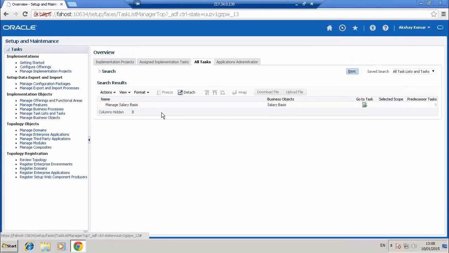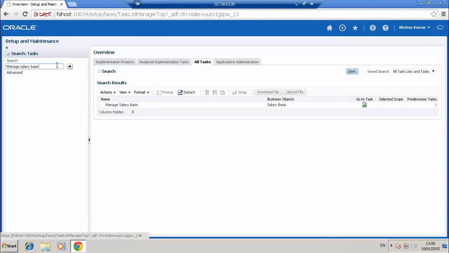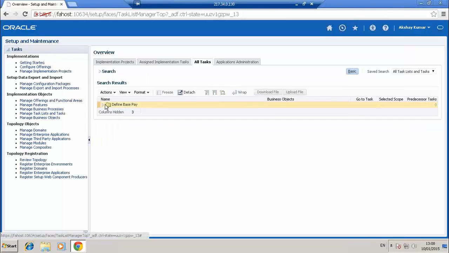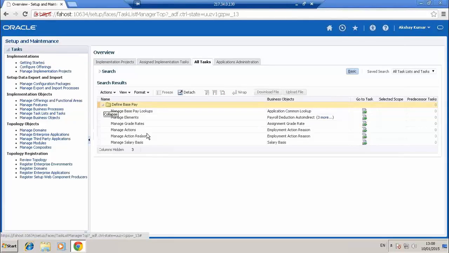So this is the task where we create, rather than task, let me tell you the task list. Define base pay. In this we have these are tasks which are available. Here you can go and create the element.